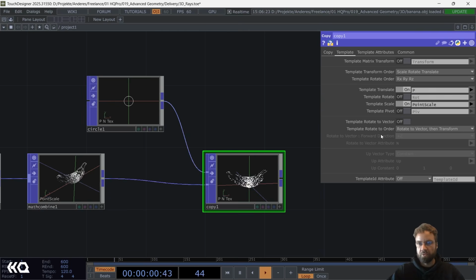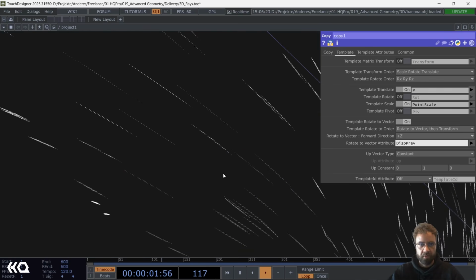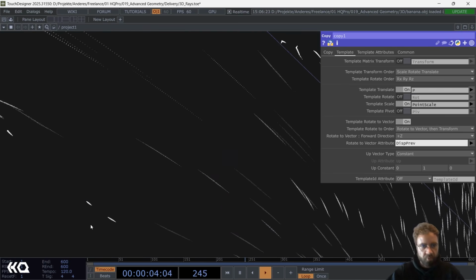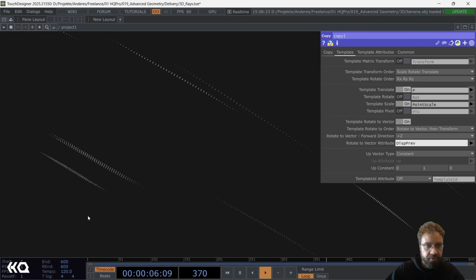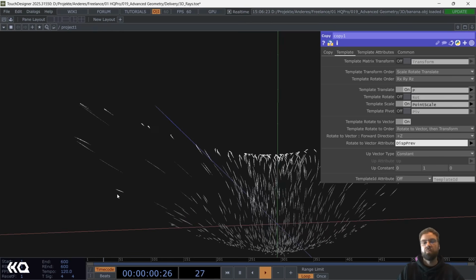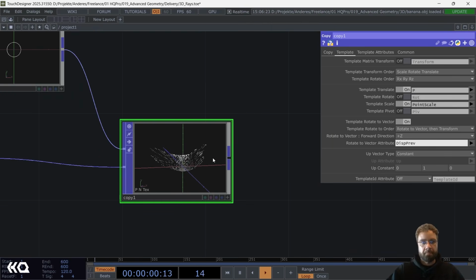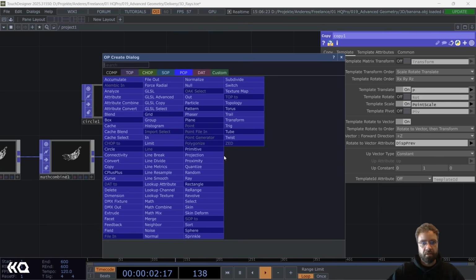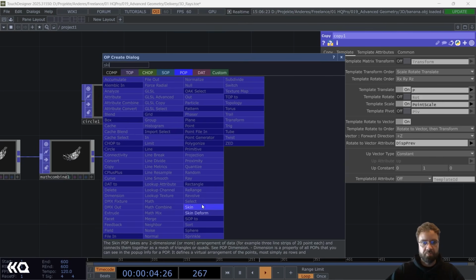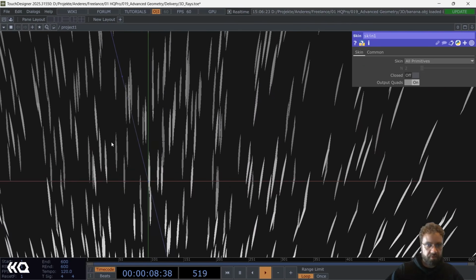And let's also activate the template rotate to vector, and let's choose this one here. So that way all the points, when they are making curves, are now facing the previous point, just to make it look even smoother. Okay, now we can easily add a skin POP, and you see we are getting these smooth